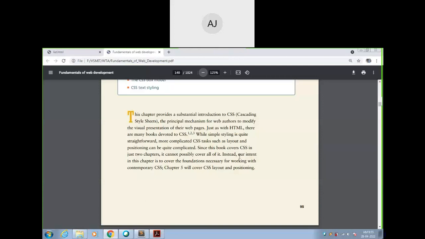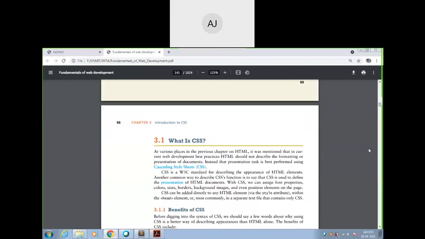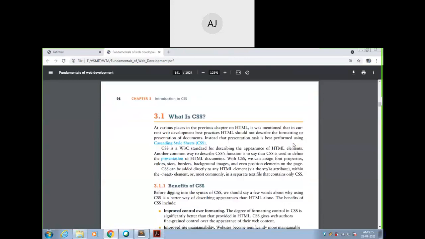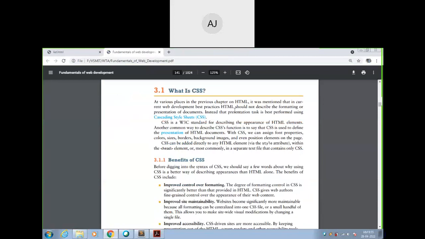Okay, so this is done. Then first of all, what is CSS? It is something which you can understand like this: in order to decorate the web page, we are designing the web pages. That scripting is called as CSS, cascading style sheets. So what is the definition given? Formatting or presentation of a document. Okay, you are performing some presentation of the documents. That is called as CSS.